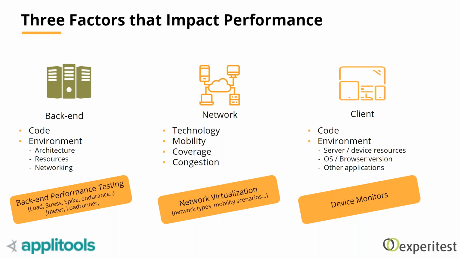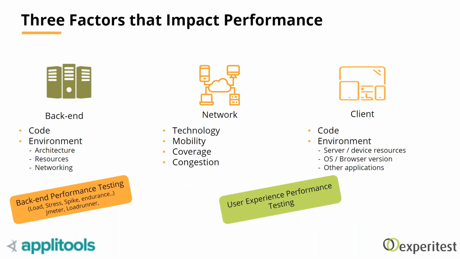So we can see that the bottlenecks move into the network and the client side. And this is where we are going to focus today in order to do performance testing, measuring the user experience